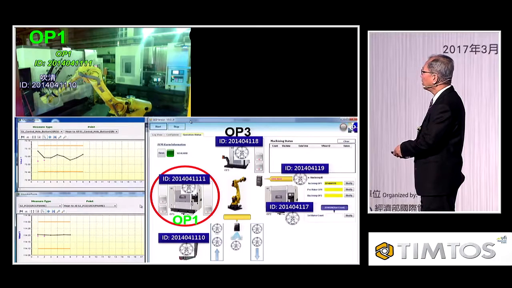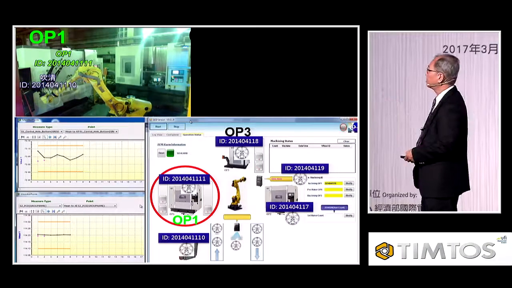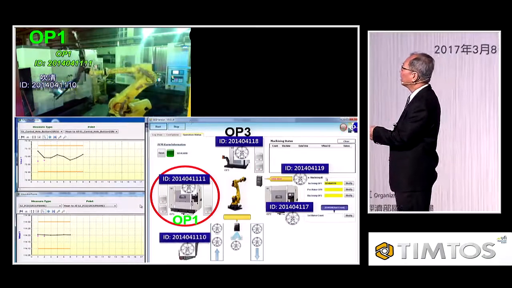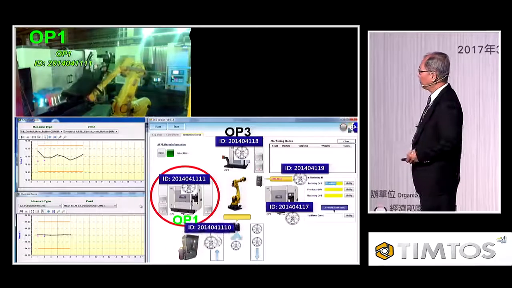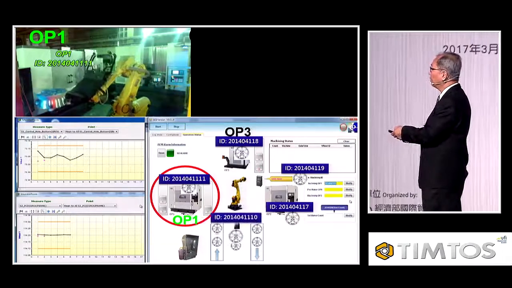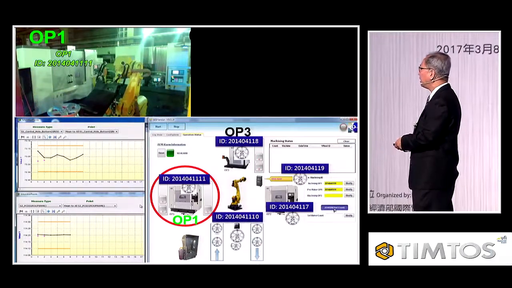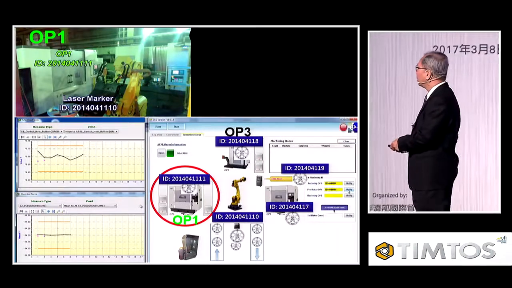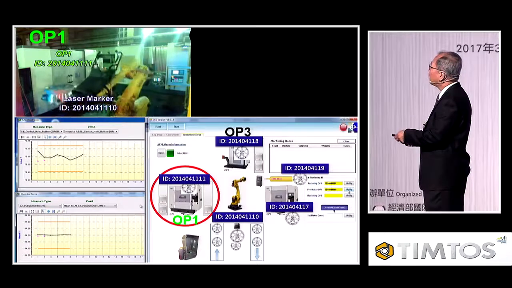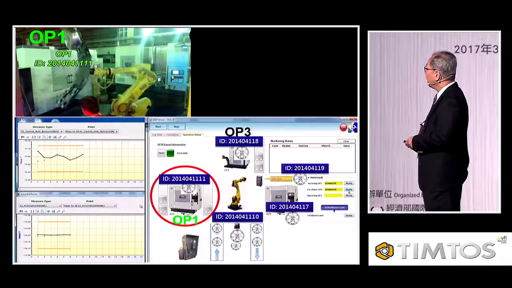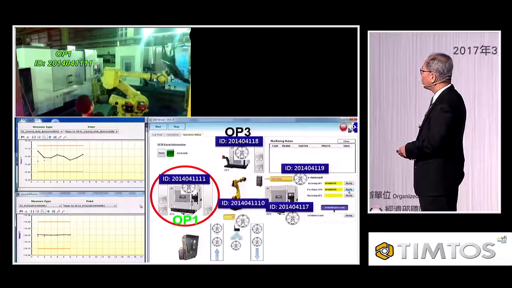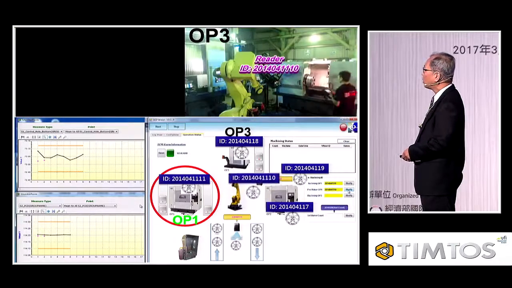And you see, it tries to collect all the data, okay? But after finishing the first operation, he needs to use the laser marker to mark it, okay? So you see, we have a laser ID there. But we will show you that after finishing the machining here, we actually have 3 quality items shown here.